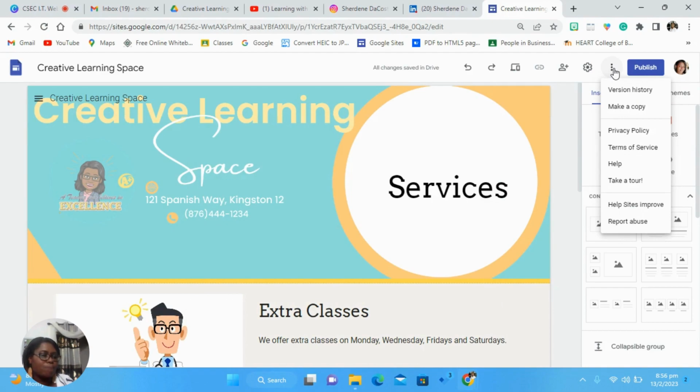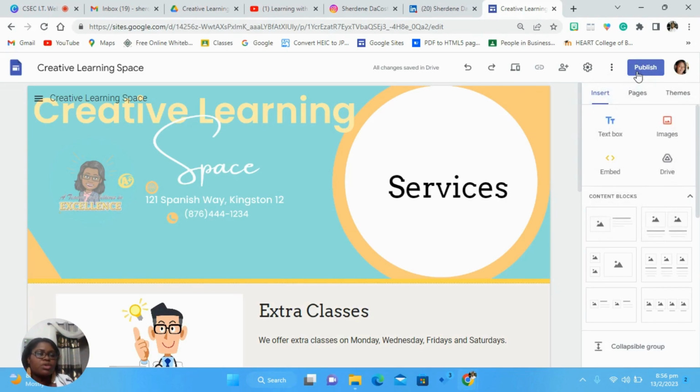You also have more where you can see the history, make a copy of the work. And then you have the other areas that are there for Google. So you have publish afterwards. Now, once you publish it, it means that you can give the link to the site to someone and they can actually go and search for it. That's what publishing is. It may not be the fancy domain name that you're seeing, because many of those you would have to pay for, but you will be able to share that link with your teacher for the SBA,